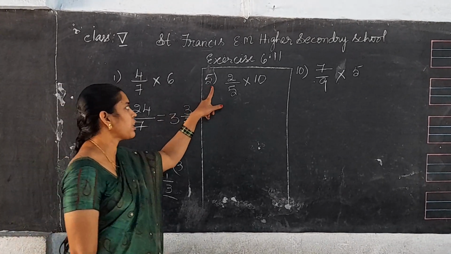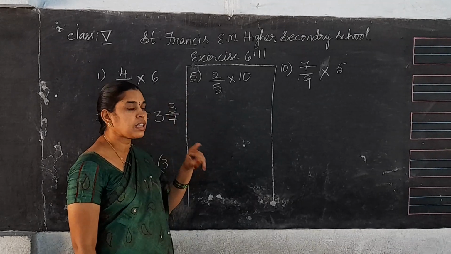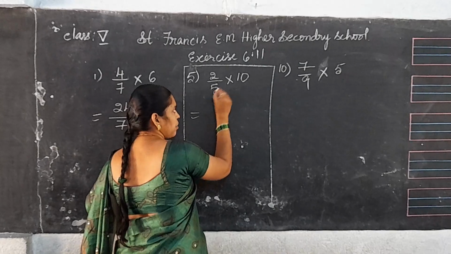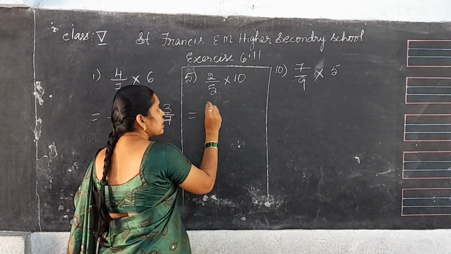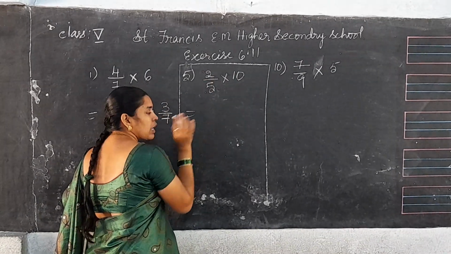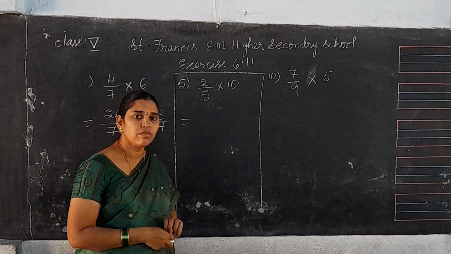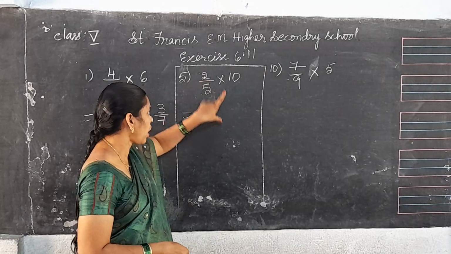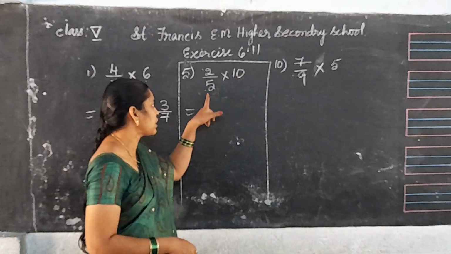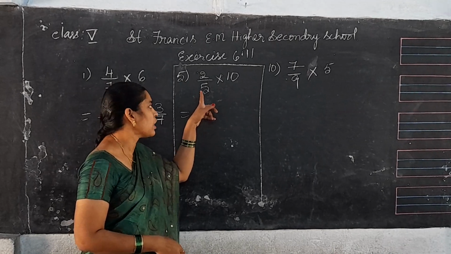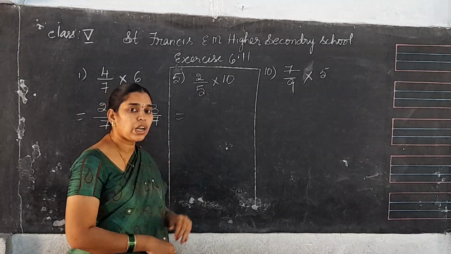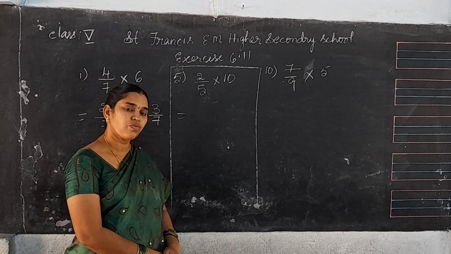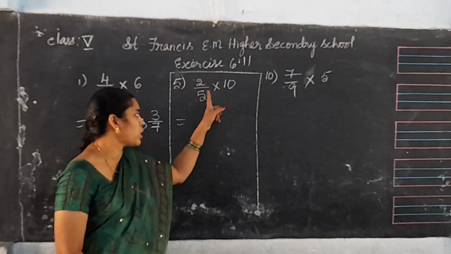Now I am going to explain the fifth sum. Listen carefully. This is very important. See, 2 by 5. This is a fractional number you are multiplying by a whole number. See, first in these two numbers, any common factor is there except 1? No. So, leave these two. Now, this whole number and this denominator you see. In these two numbers, any table will go, any common factor is there? Yes, 5. 5 is the common factor for these two numbers.